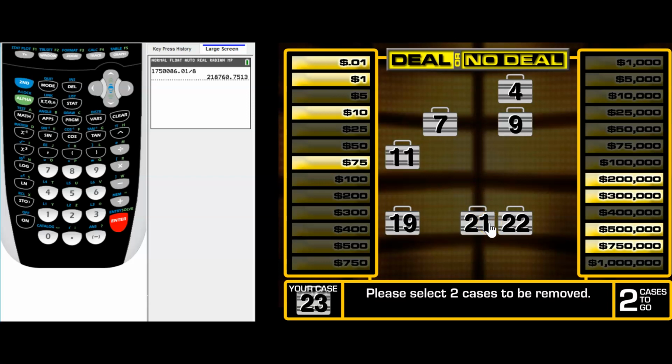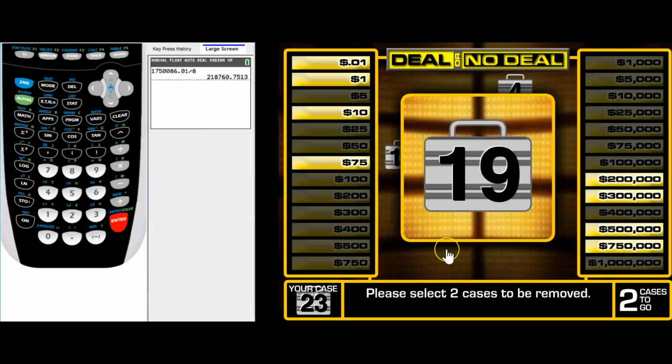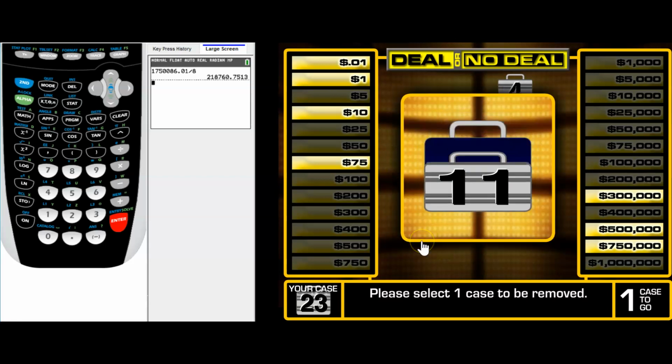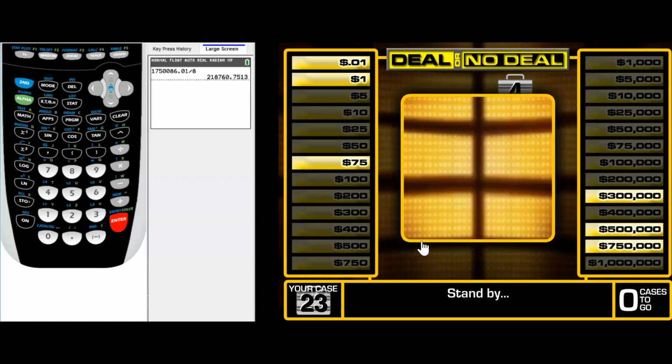And so again, if you think about the concept of median, our median has really jumped up quite a bit from the median that we started with in the beginning of the game with the original data. Again, just certain things to consider. But let's see what happens now that we eliminate 2 more cases. So let's hope for those cases on the left being eliminated. I'm going to eliminate case number 19. Bummer. And let's go case 11. All right, so we got 1 eliminated on each side. I expect the offer to go up again, but let's see what happens.